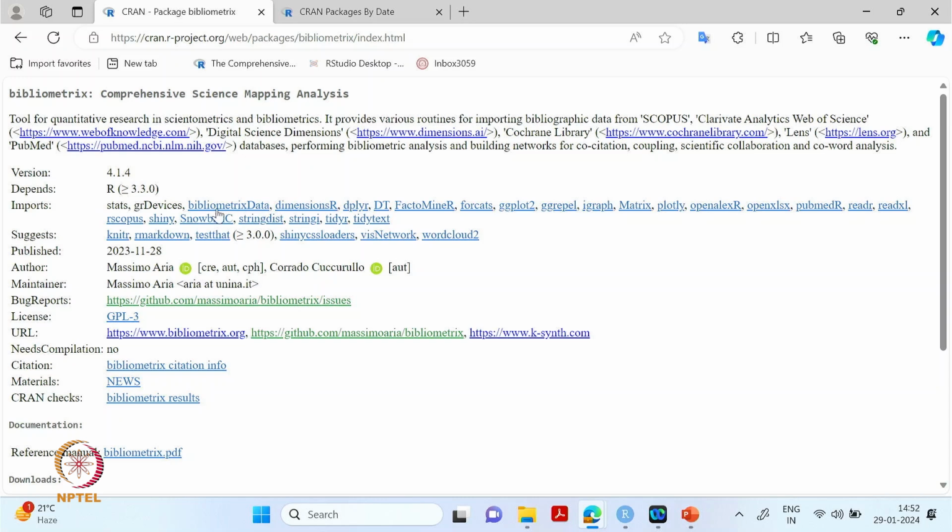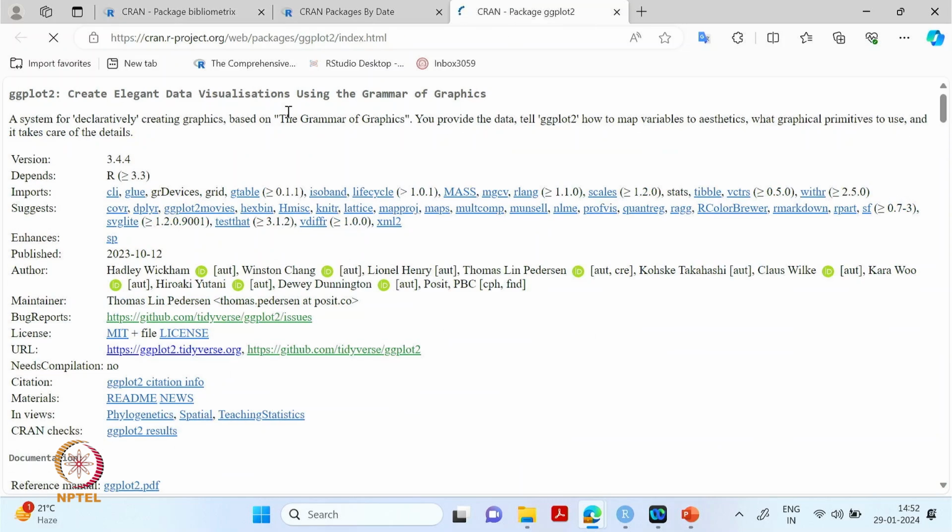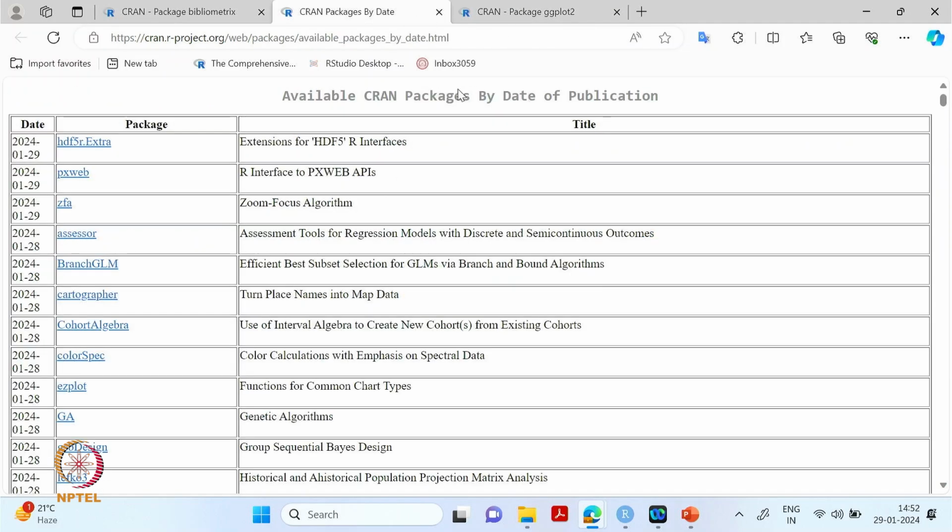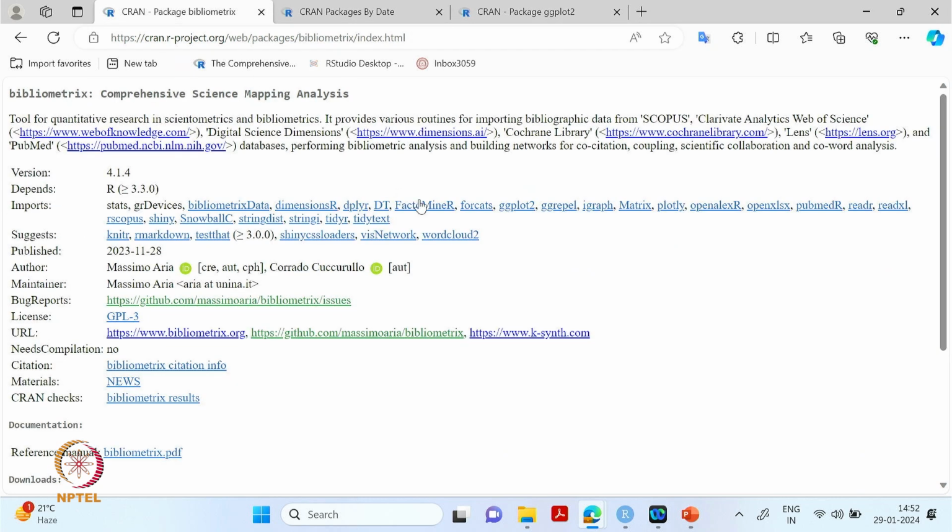Whenever you install this package, these are also packages of R, so a single package can depend on multiple other packages. For example, ggplot2 is a popular package for data visualization, and it depends on many other packages. Then we have